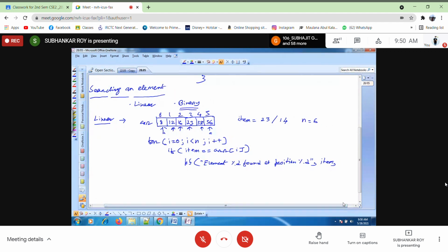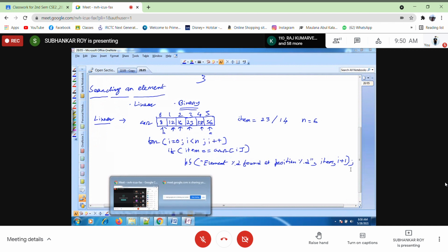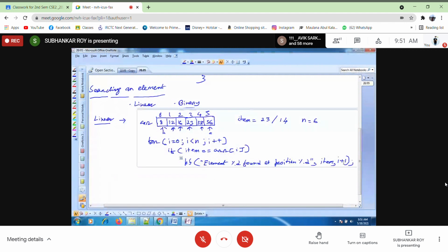As I'm writing position here: index starts from 0, but position generally starts from 1. That's why I am writing i plus 1. There is no 0th position, actually 0th index. If you write index instead of position, then you just write i, but here I am writing position, that's why i plus 1. For example, element 23 is found at position 4, since it is at index 3.